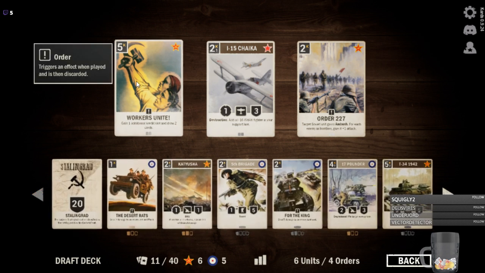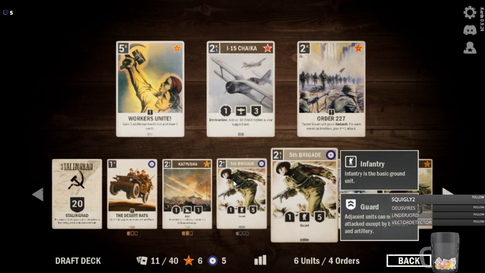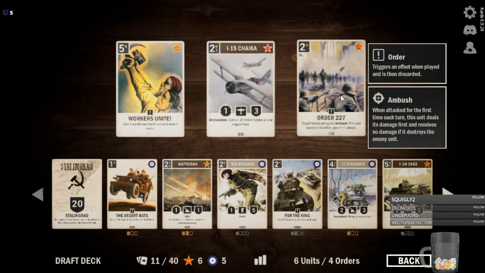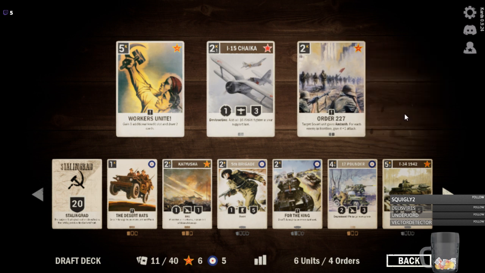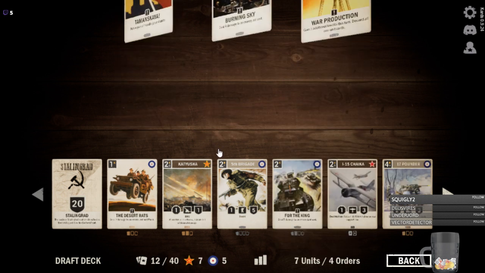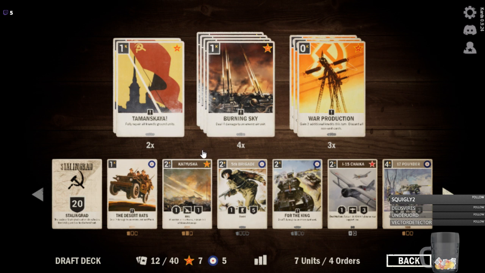I don't know if I need a second one, plus we're in the British, so we have tons of card draw anyway. Curve is looking a little wonky as well. Order 227, I just don't think it's high enough impact. We're not going to... I don't know about a 1-turn kill deck. So I'm going to take this Chica at this point, the I-15. So we'll grab that. Alright, so...